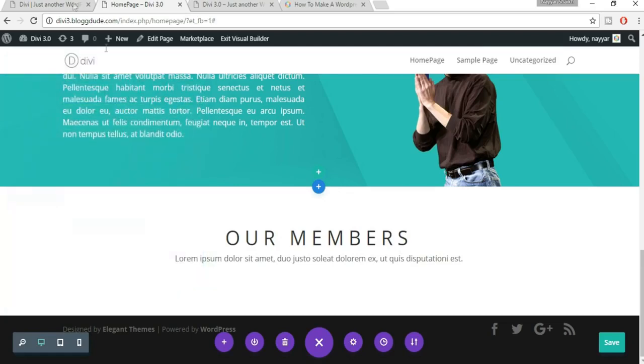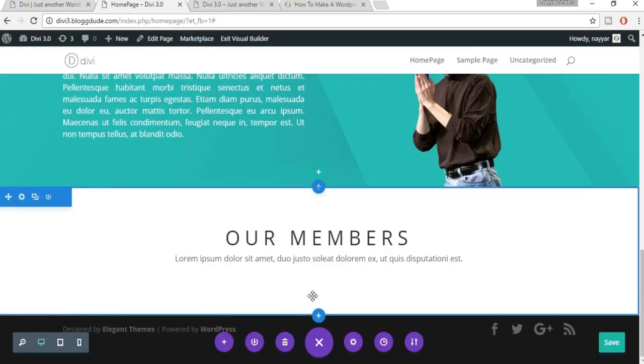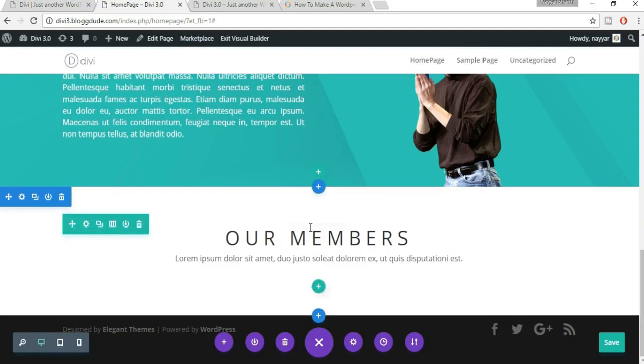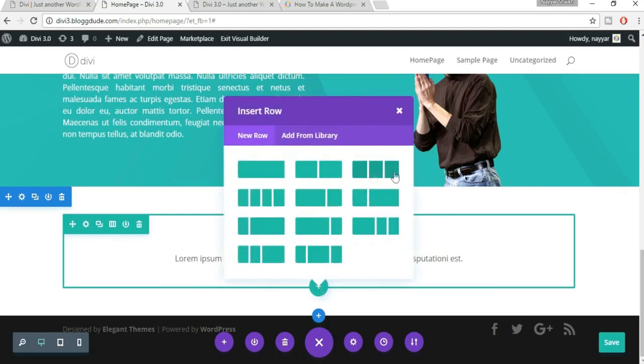Okay, now we have to add these 3 images, different images. So again, now we don't have to add a new section, as you might have experienced. Because you are following this tutorial, you now basically have an idea how to do this. To do so, we have to add a new row, and we have to select 3 column row. So select this,